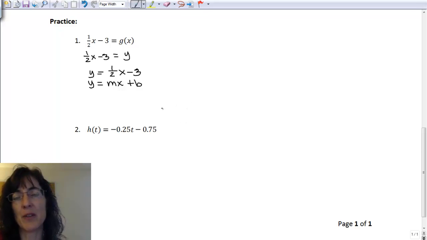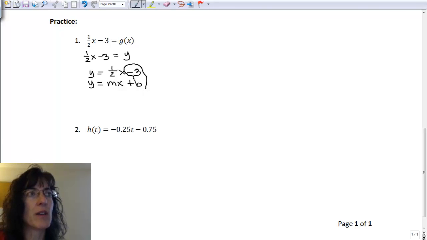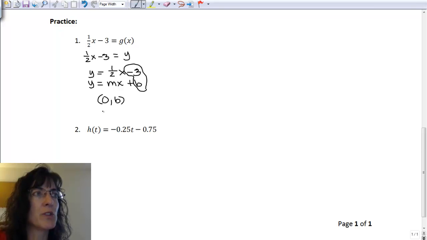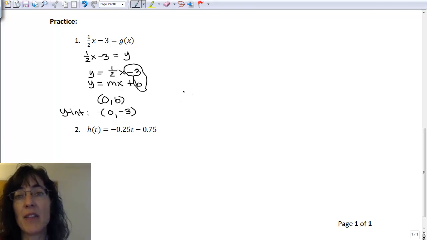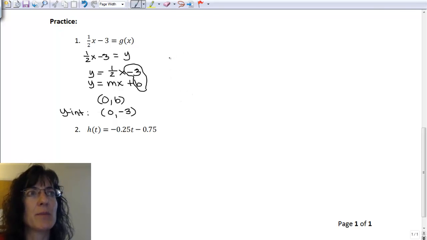Now remember to find the y-intercept, I have two options. I can just look at the b of -3 and say my y-intercept is 0, b, which would give me 0, -3. That's my y-intercept. That's my quick way of finding it. The other way to find the y-intercept is to have your